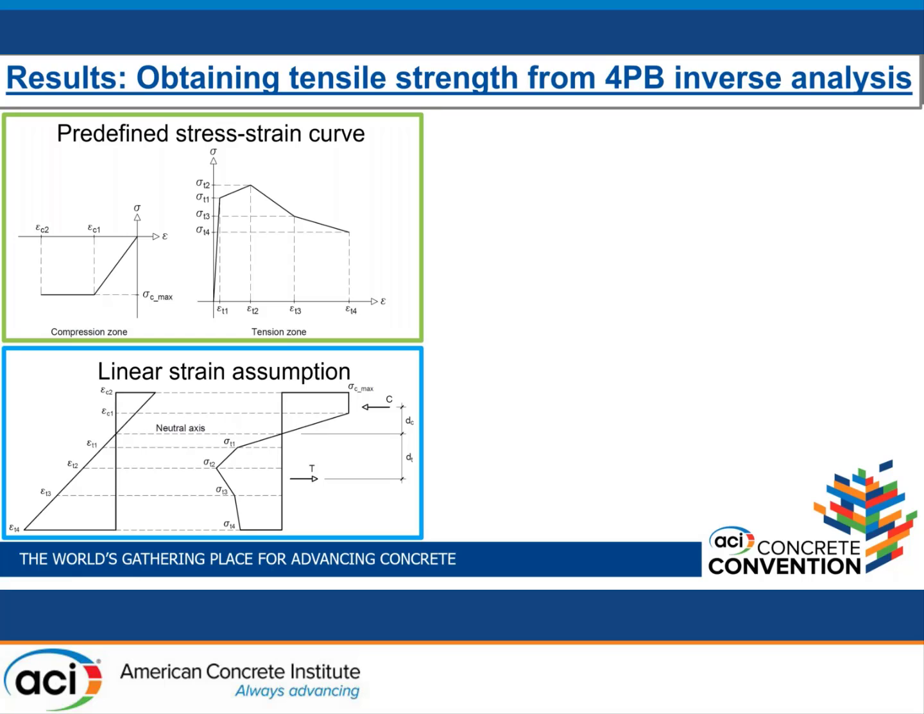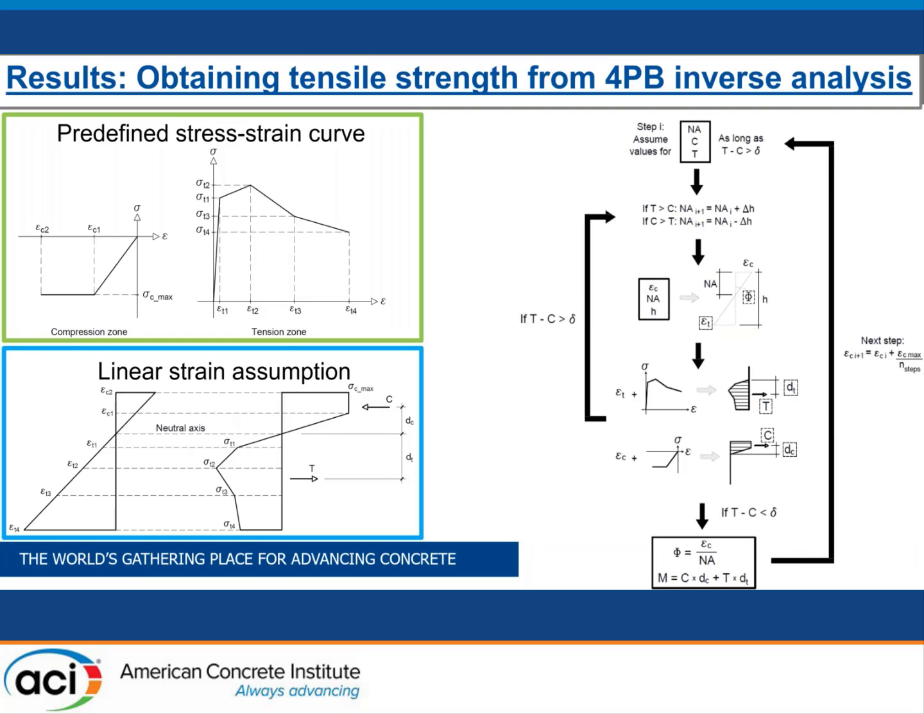How we did this was an iterative process. It's a code that we created in Excel, where at first we assume just a random compression force, random tension force, and a neutral axis. From that, we play around with shifting the neutral axis, and we can obtain the neutral axis, the height of the specimen, which was measured with a caliper, and the compression strain based on this assumed stress strain profile here. With that, we can obtain the tension strain at the very bottom of the specimen and the curvature of